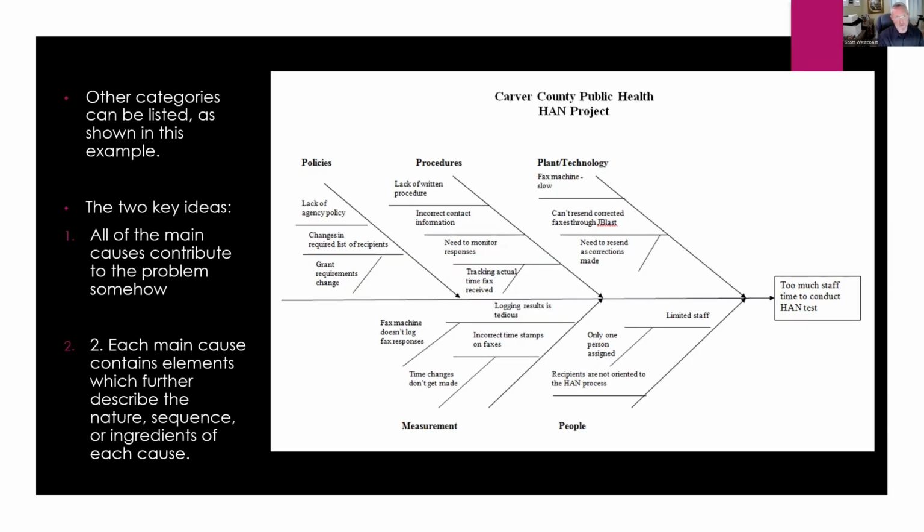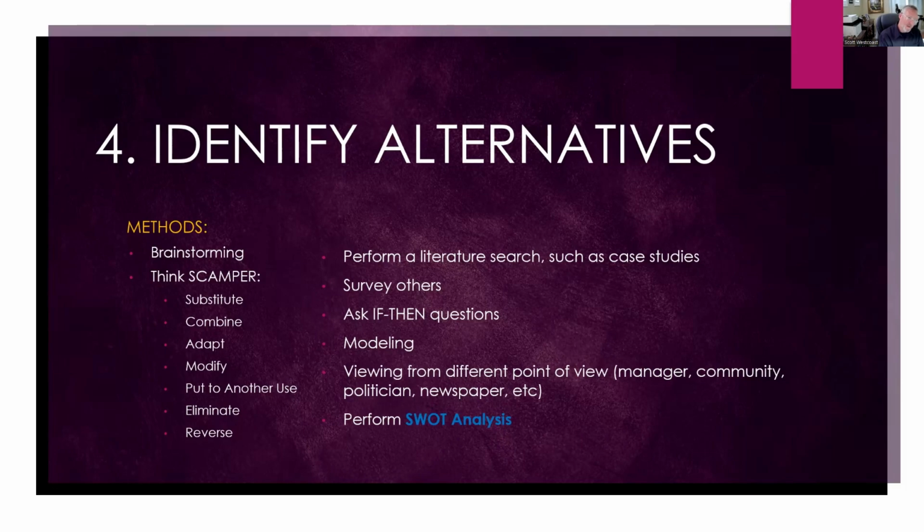Here's another example of another way you can have a fishbone diagram, and this is what the template is going to look like, the one I include for your module. The most ideal way to handle step 4, identifying alternatives, is to describe the possible alternatives that you could have. You don't need to list things that are completely unrealistic, but I would like you to think of 3 or 4 minimally alternatives